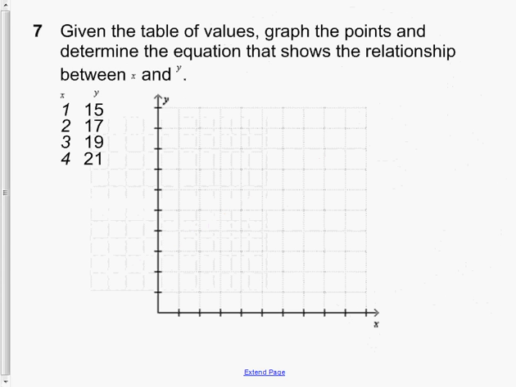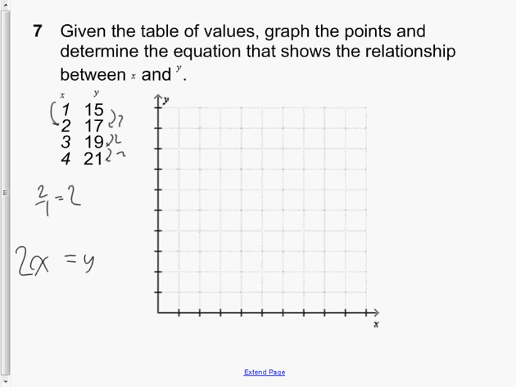Question 7. Given this table of values, determine the equation that shows the relationship between x and y and graph it. So here we have a difference of 2 each time. Here we have a difference of 1. So therefore 2 divided by 1 is 2, and that will be the coefficient of my equation. Now that I have my coefficients, substitute your first pair. So 1 is your x and 15 is your y. 2 does not equal 15, but a constant of 13 will keep the two sides balanced,